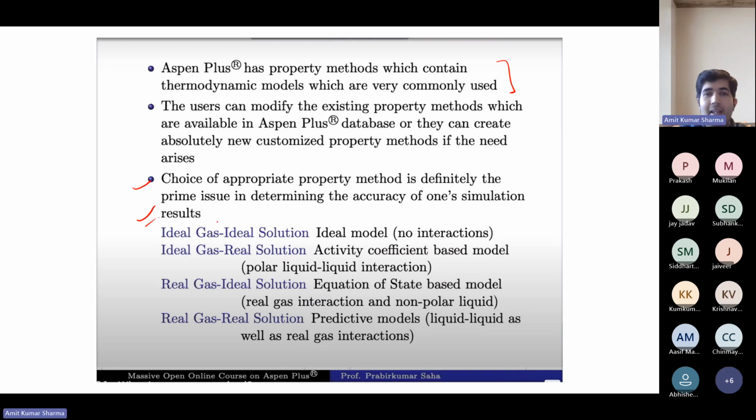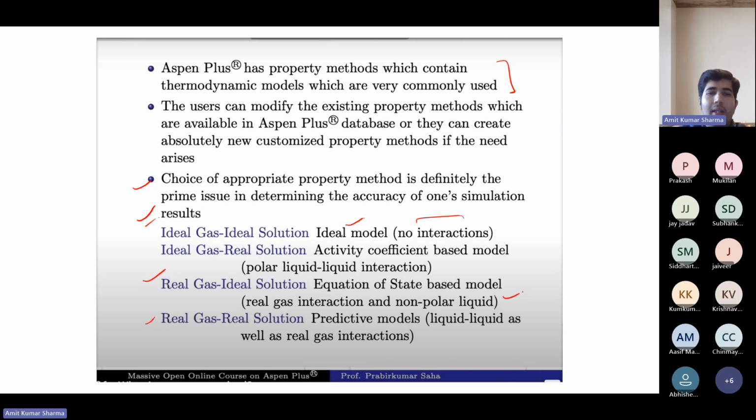Suppose it is an ideal gas and ideal solution, then the ideal model is used, as there are no interactions. If it is an ideal gas and real solution, then an activity coefficient based model should be used, as there will be polar liquid interaction. For a real gas and ideal solution, an equation of state based model should be used, as there will be real gas interaction and non-polar liquid interaction.